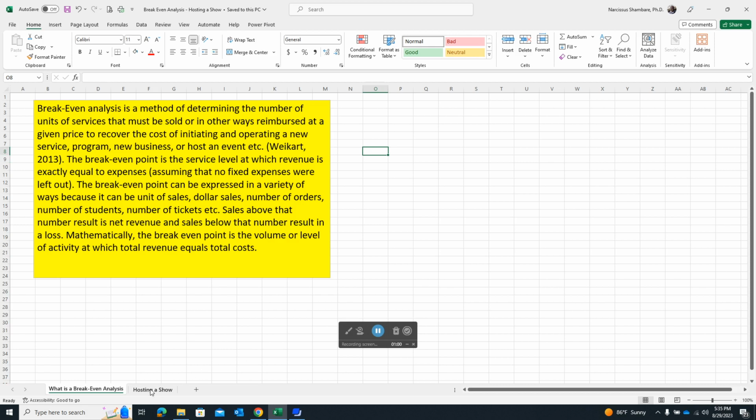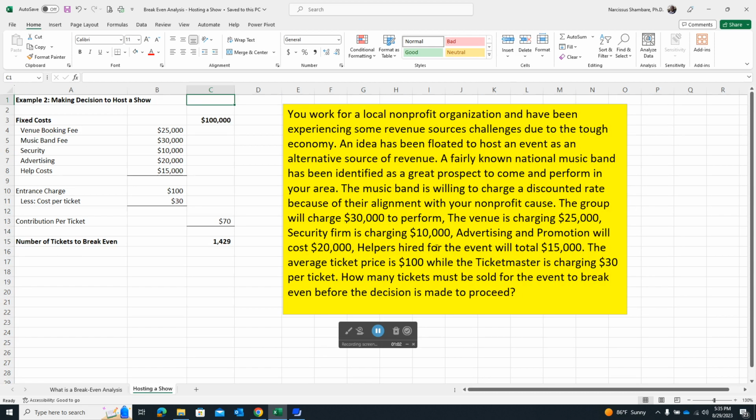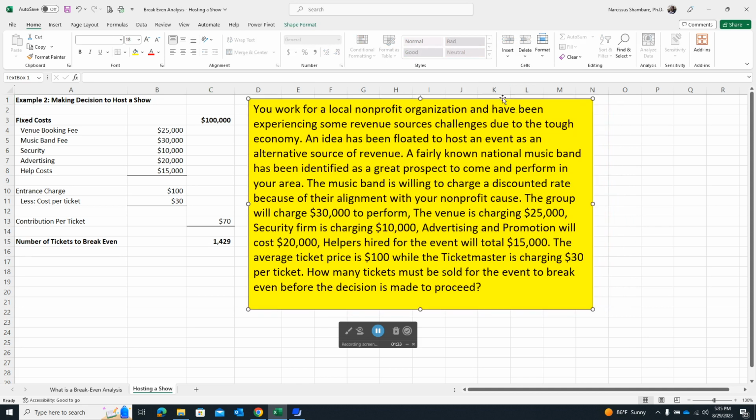This is a very, very important technique that can be used even for startups, for those people who want to start a business, because many times we're very ambitious and we think we'll be able to pay ourselves whatever salary we want. So break-even analysis enables you to have a reality check, because at least you'll be able to understand how much business you should be able to generate in order to pay yourself whatever salaries you want. So in this particular demonstration, we are using a